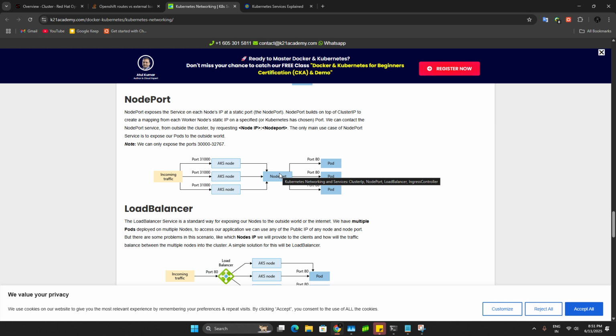In whichever worker node the pod is running, we can access that pod through that worker node IP and with the port number which we mentioned in the deployment. If we give the type as node port in the deployment, we can directly put that IP and access the pod inside the node port.